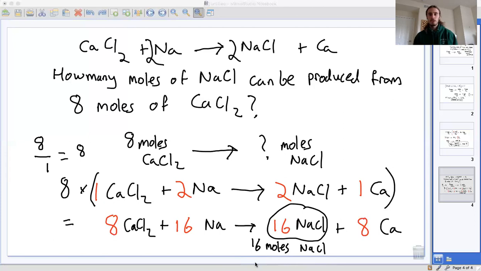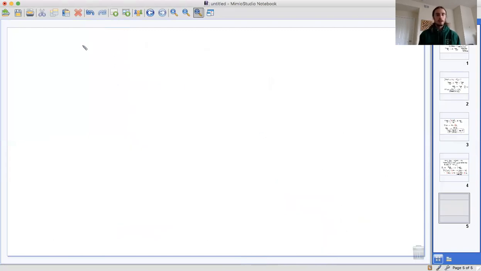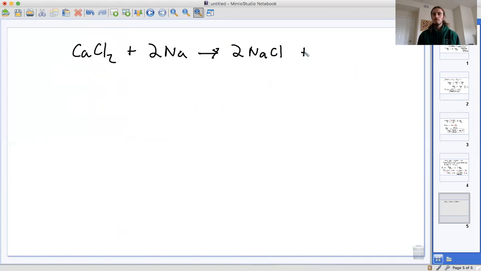Let's look at the conversion factor. So here's the equation. Right? And we've got 8 moles of calcium chloride. And we're trying to find